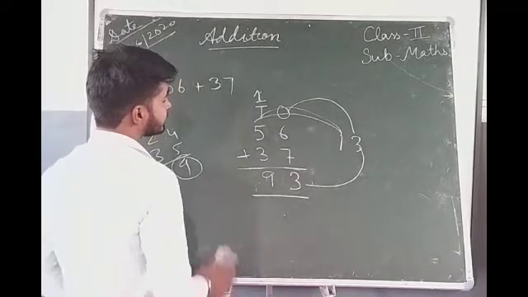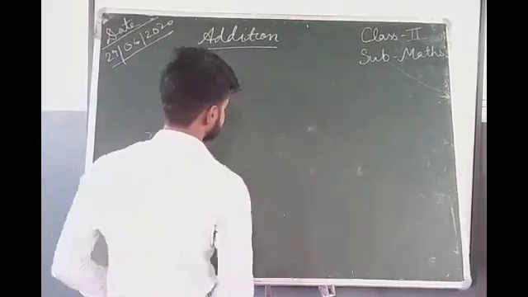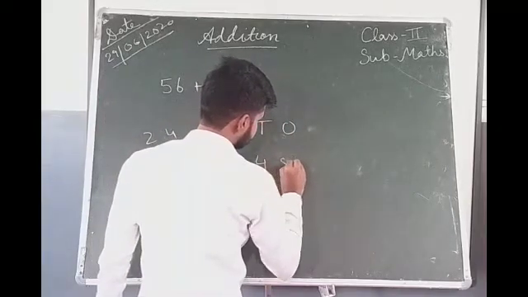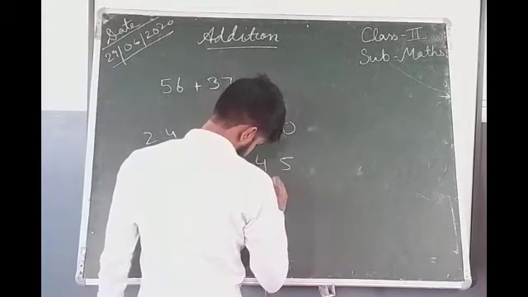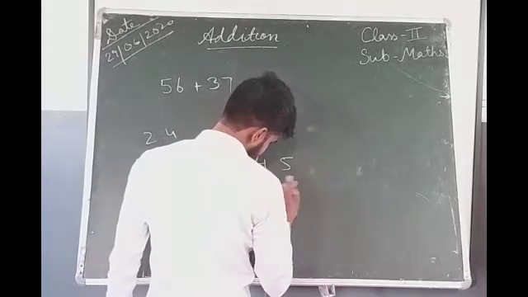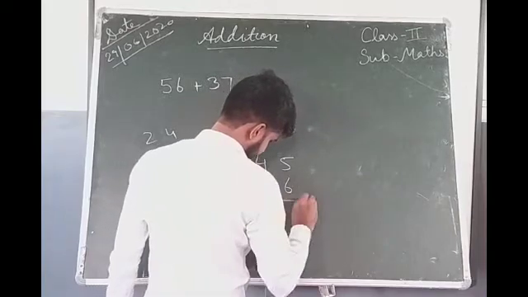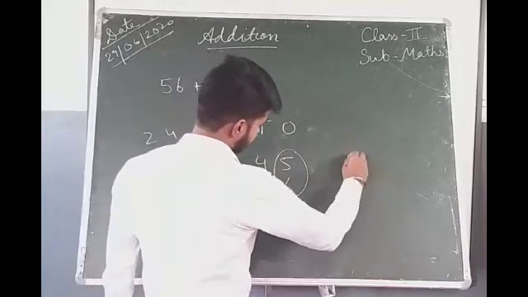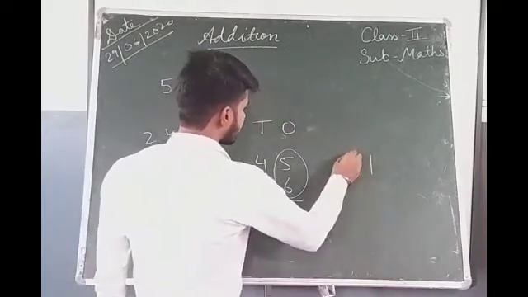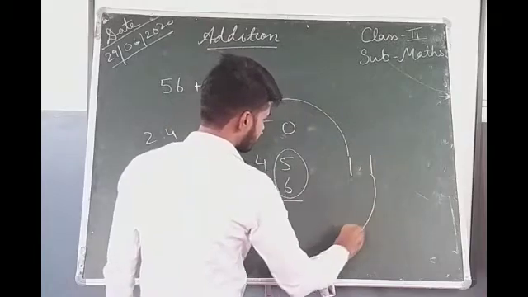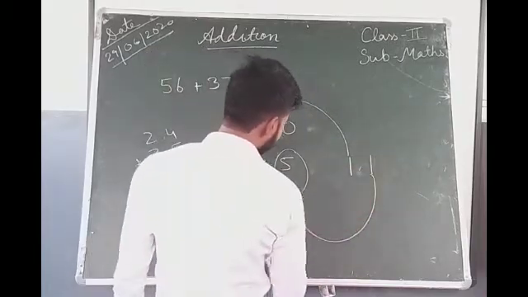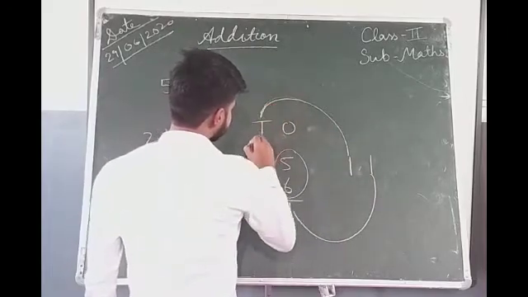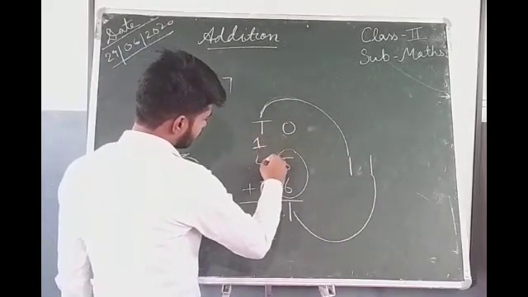Suppose again the next number we will see. This is tens, this is ones, this is 4, this is 5, this is 3 and this is 6. So what is 6 plus 5? That is 11. So we write 11 there. This 1 will come here and this 1 will go up there. The right side 1 we will write down and this we will write up. Now we will add this 1 plus 4, that is 5.